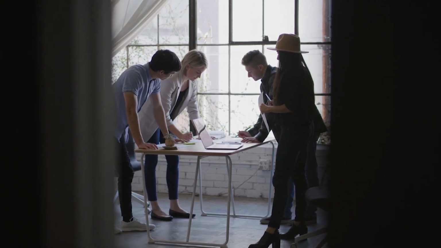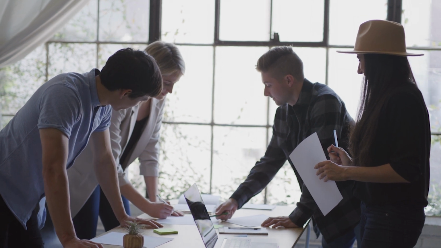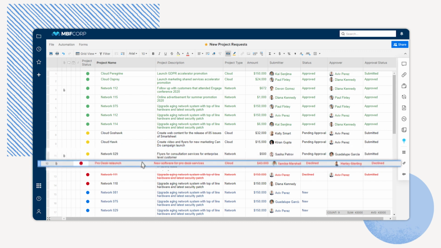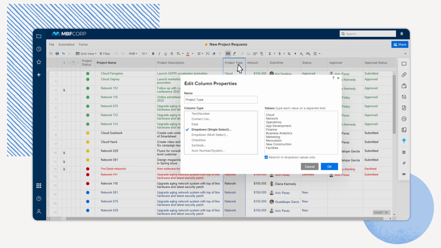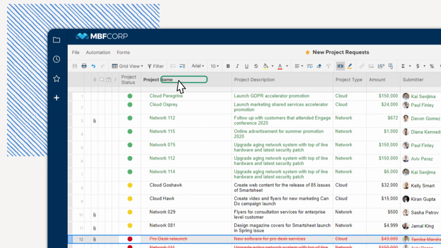Demand management is your first line of defense to keep your team focused on the highest priorities and avoid overload. We'll start by setting up your sheet, and you can see how easy it is to keep track of new requests while also keeping an inventory of all projects in flight. You've got a number of field types to work with in order to capture the right information for your project, rather than be forced to follow a rigid structure defined by the tool. You can add columns for project name and objective, stakeholders, KPIs, really any detail you need to track.